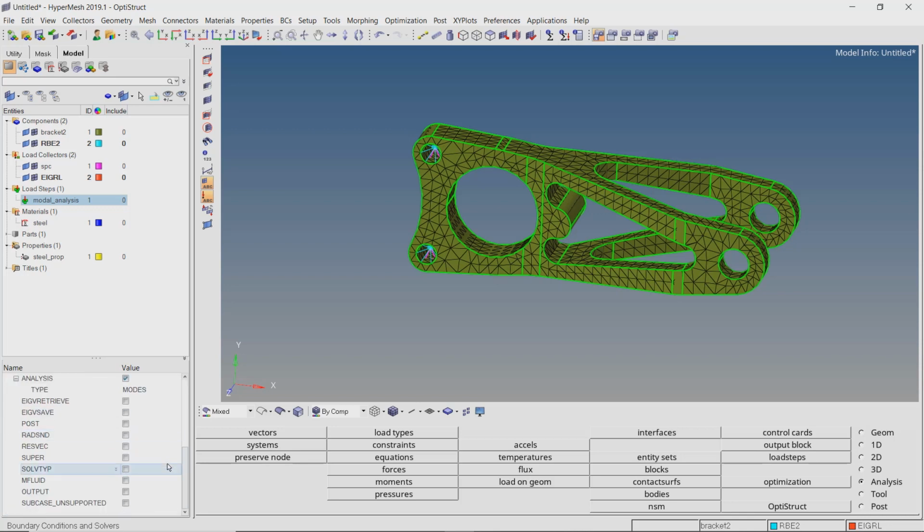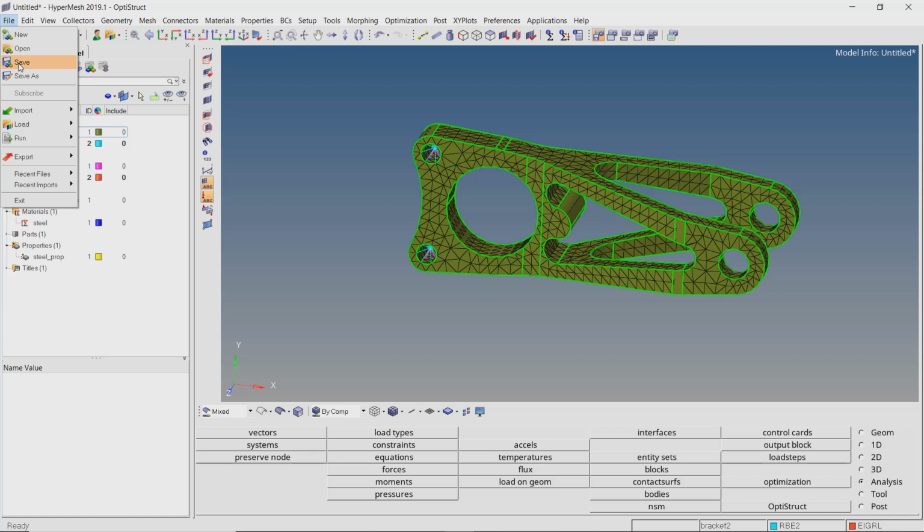Now scroll down and check the box next to output. Now select displacement and elemental strain energy or ESE options to generate these results for post-processing. Our setup is now ready for run.